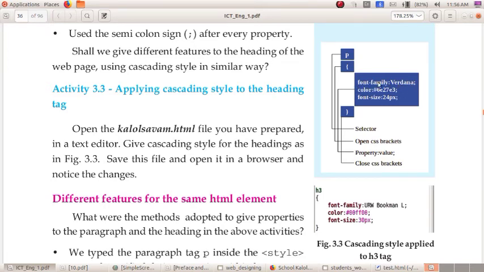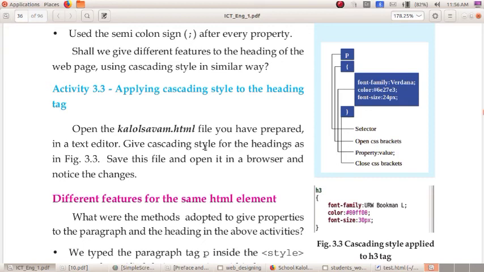Font family is the property, then put a colon, then we can give the value. Here the value is Verdana, here the color is the value, here the size is the value. Then end with a semicolon and close the CSS brackets.